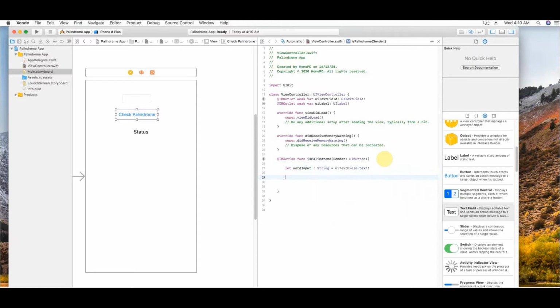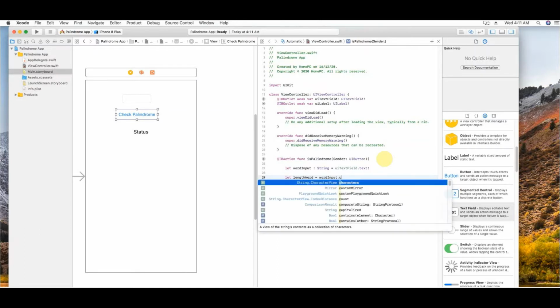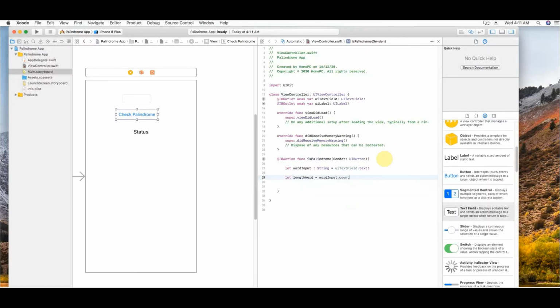And of course this should be unwrapped. Then I'll also get the length of the word. This will be of type int. I can just directly use the word input dot count. This will give me the actual count.